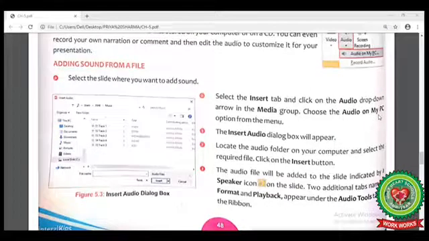Click on this option. Then Insert Audio dialog box will appear. From there you have to choose your file that you want to insert on your slide and click on Insert button. Then you will notice a speaker icon on your slide will appear.